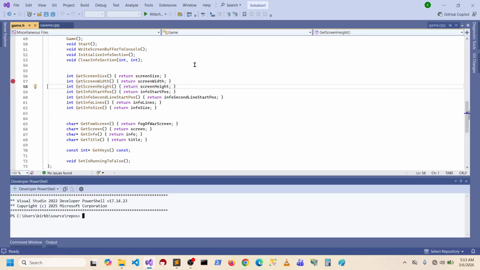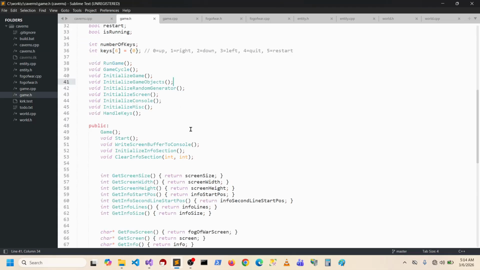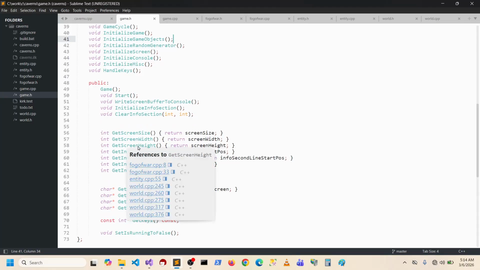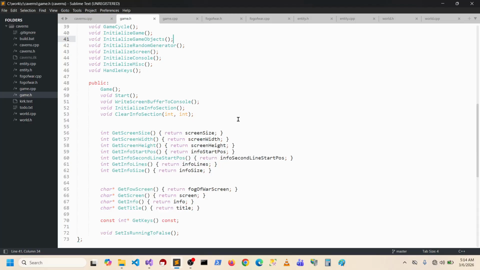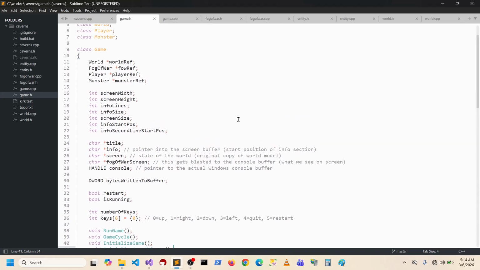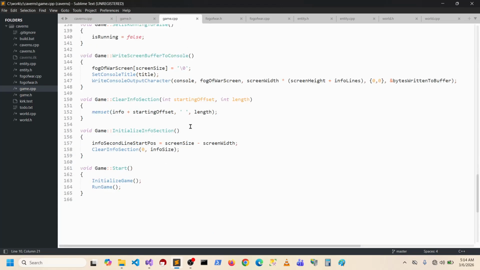So it was inside get screen height. That's an accessor. It was in world, right? Right here. We gotta make sure that was